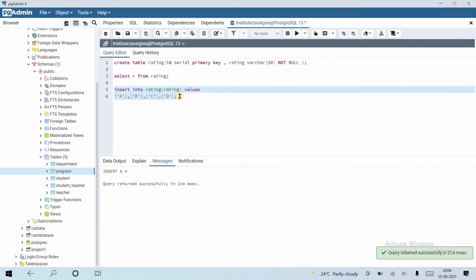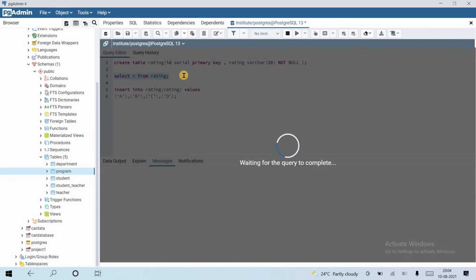The values are inserted successfully. Okay, let's see the values.